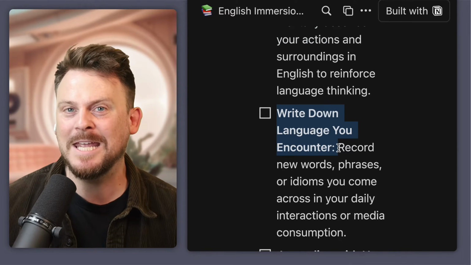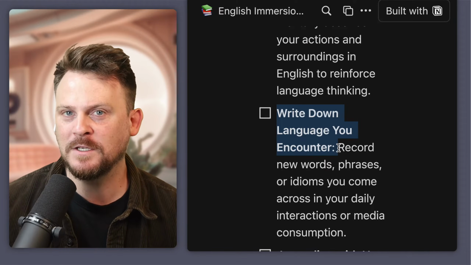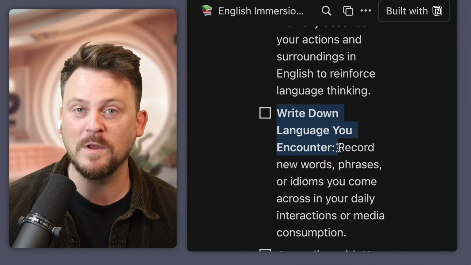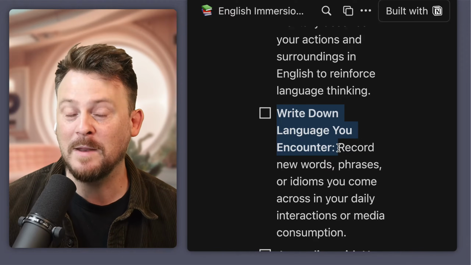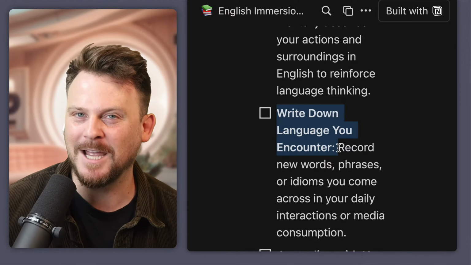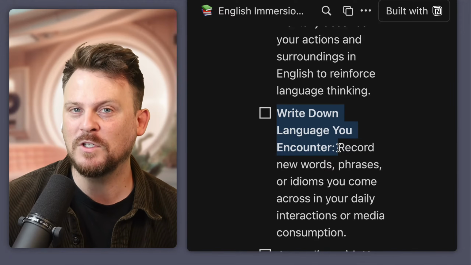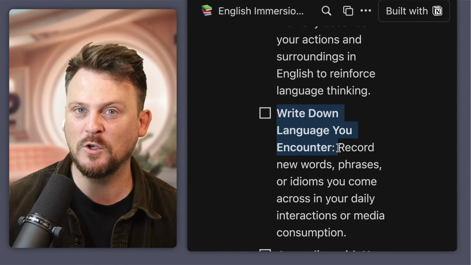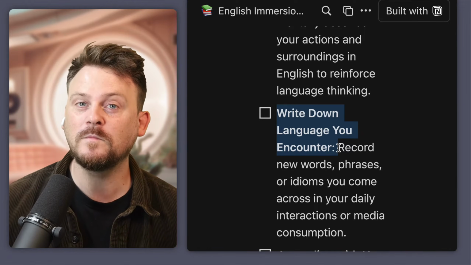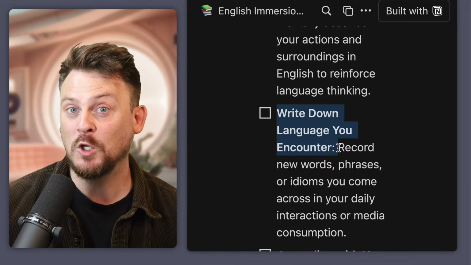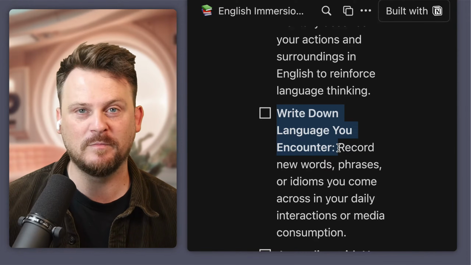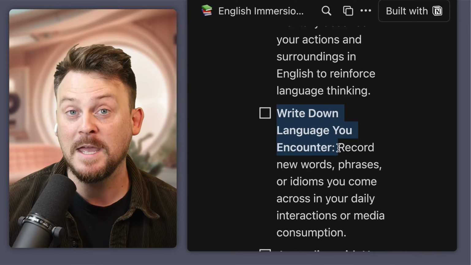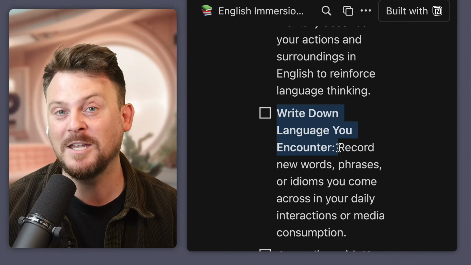So when you encounter new language, new phrases, idioms, maybe from watching movies, from the workplace, from reading, from whatever, have a way to document that because you're getting that in context. That's the beautiful thing for language discovery: if you have immersion, you're surrounding yourself with language, TV shows, movies, books, articles, whatever, you're going to encounter new language. You're not just learning 100 words in a random list. You're learning it from your life. And so there's a built-in context there.